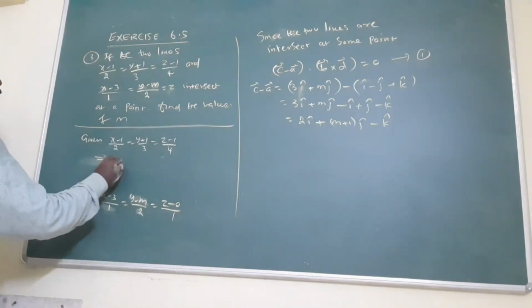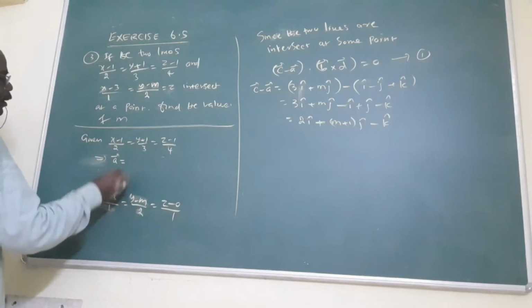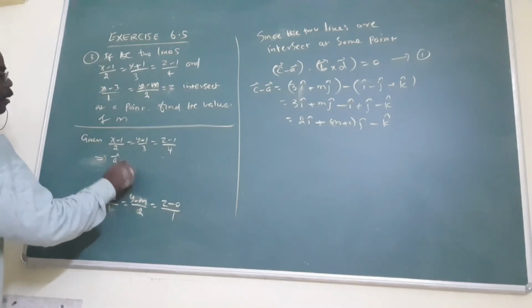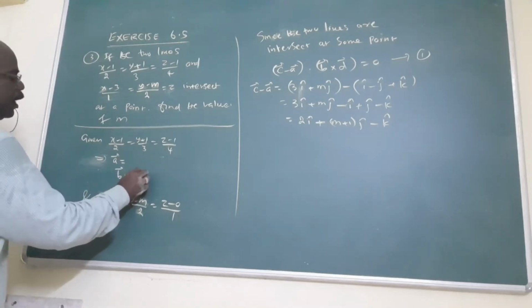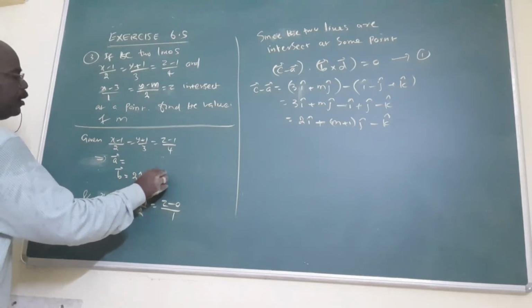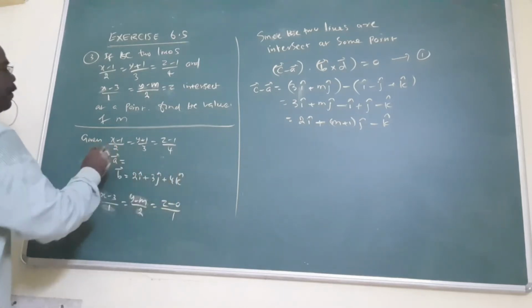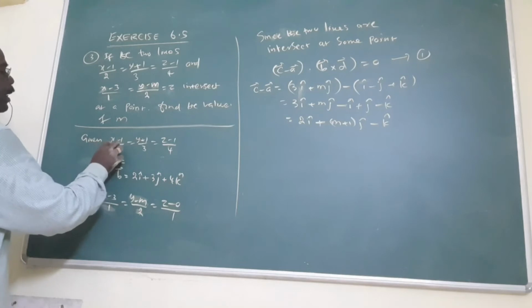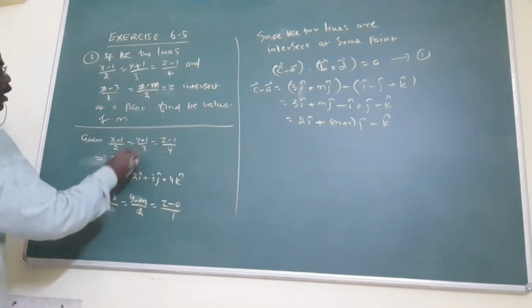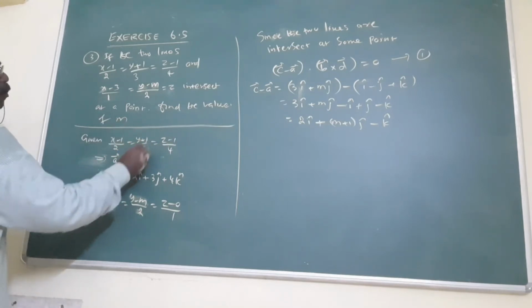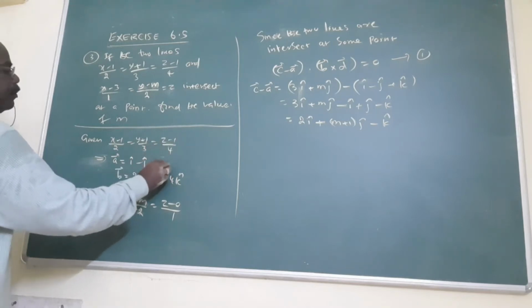From this one, A vector is the point. B vector means what? The parallel vector, the denominator: 2i cap plus 3j cap plus 4k cap. Am I right? A vector means the numerator. Consider the numerator, x minus 1 equals 0, x is 1, the first point. I cap minus j cap. In this way, we find.